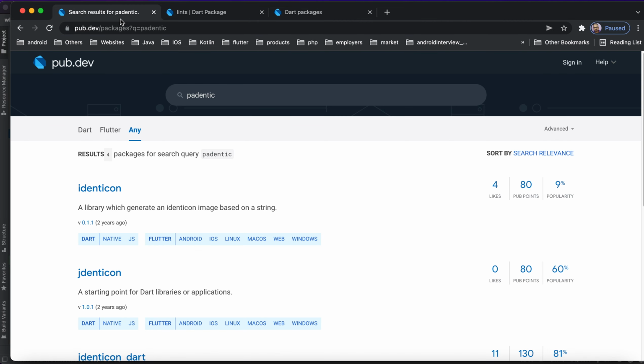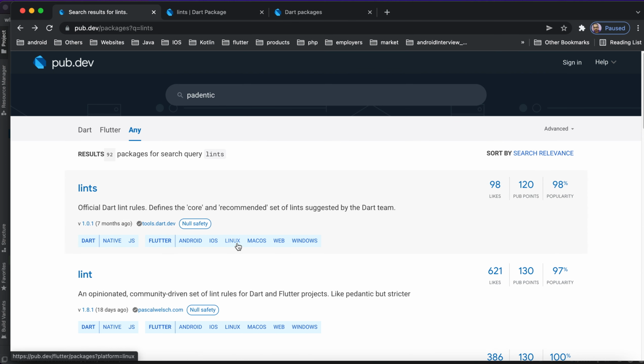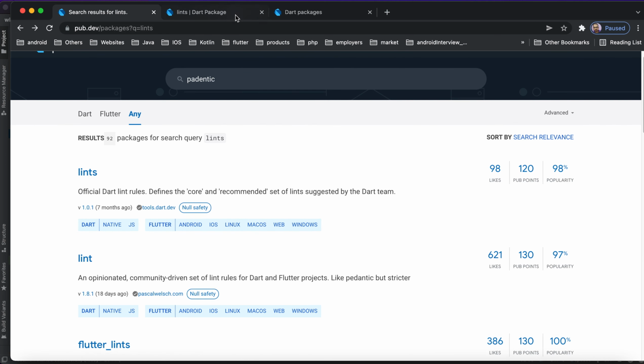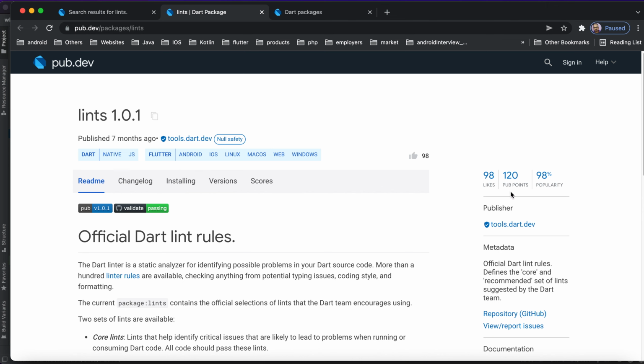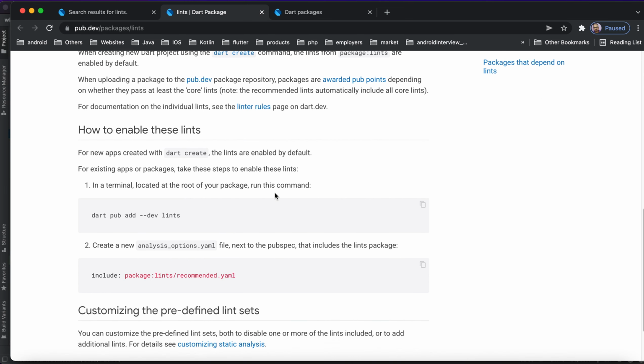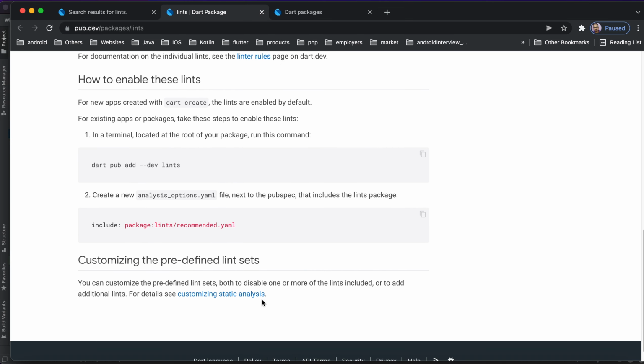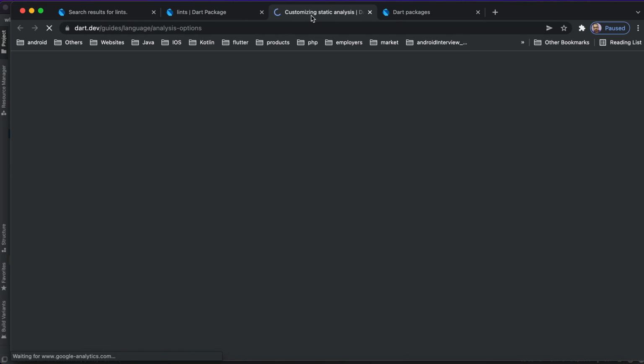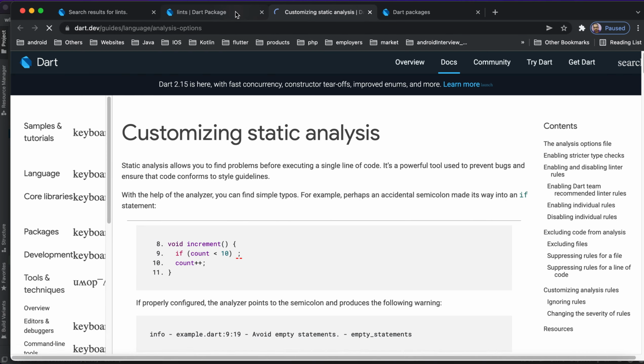Yeah, this one is 91. This is published by this publisher. I have used this one also, but I customized static analysis rules that you can get from their rules.